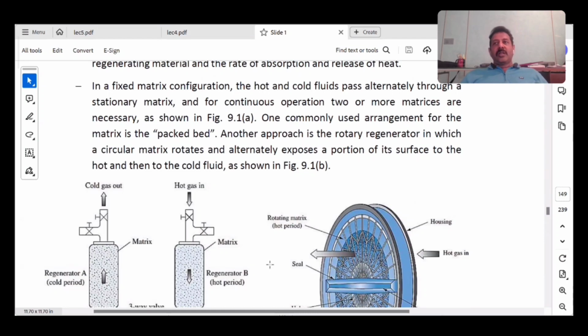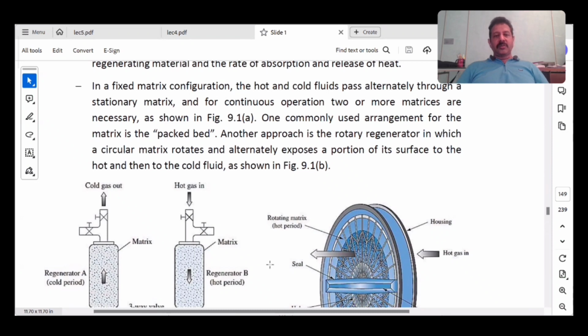அதான் நான் சொன்னேன். ஒரு matrix யூஸ் பண்ணலாம், பட் continuous operation இருக்காது. ஏன்னா ஒரு டைமுல hot fluid வரும், திருப்பி கொஞ்ச நேரம் கழிச்சு cold fluid அனுப்பணும், திருப்பி hot fluid அனுப்பணும். ஸோ hot gas continuous-ஆ நம்ம அனுப்பிட்டு இருக்க முடியாது. அதுக்கு நீங்க ரெண்டு யூஸ் பண்ணுனா you can have alternate cycles. So you can have a hot gas always flowing,